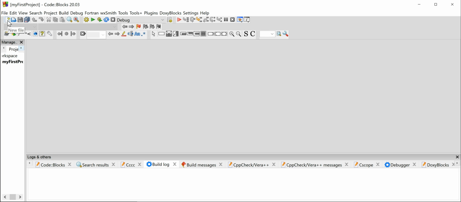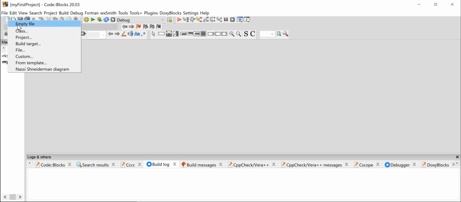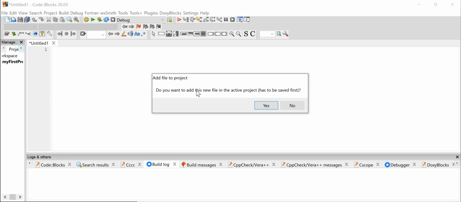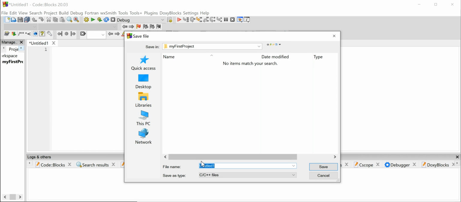Now you want to go up top here where it says New File. Click on that and select Empty File. Do we want to add it to the project? Sure do. So let's click Yes here. And then we want to name this file something. Well, I'm going to name this